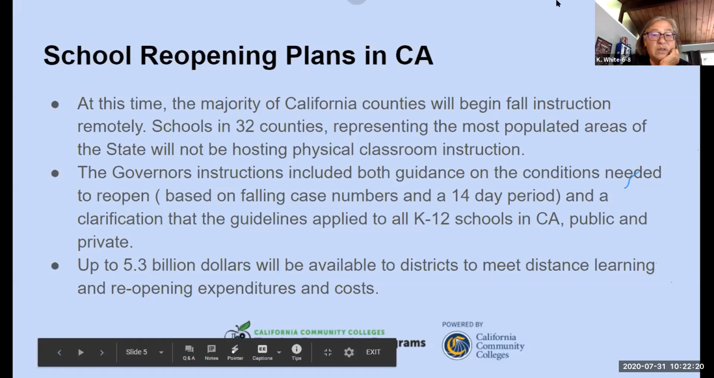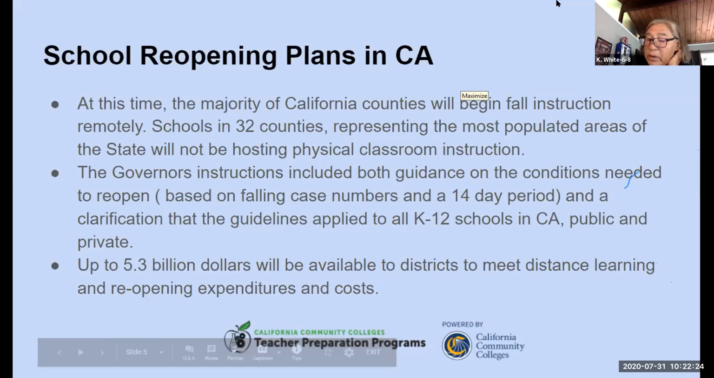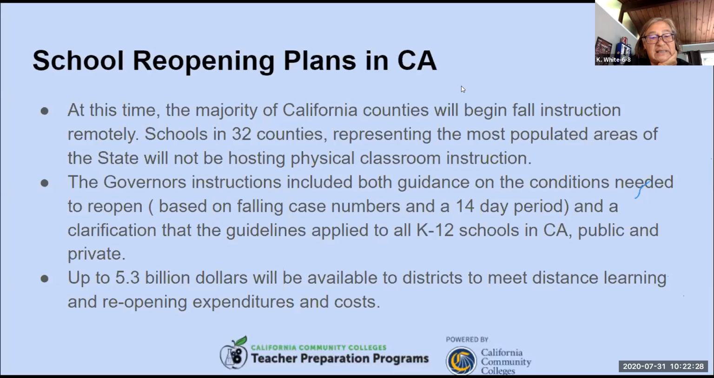I really don't know. We'll have to look at who gets the waiver. Also, there was an announcement that $5.3 billion have been made available to districts to help with distance ed and reopening. That's a very large pot of money, but we'll see how far that goes in California. So just, this slide is 5 days old, and